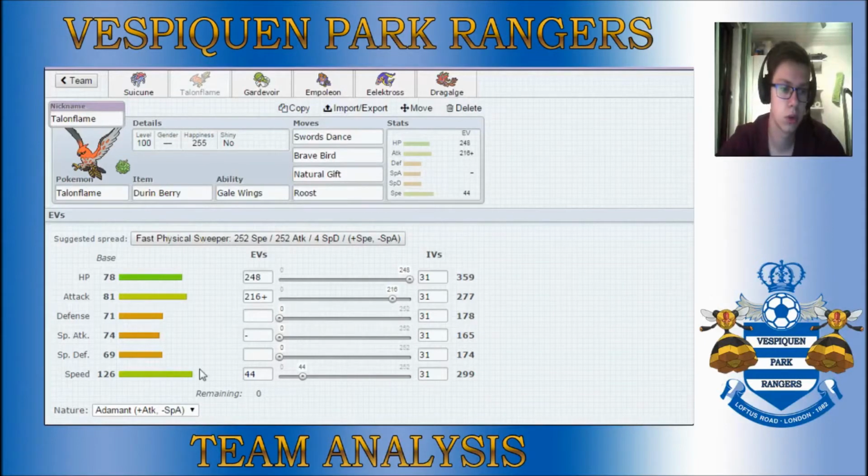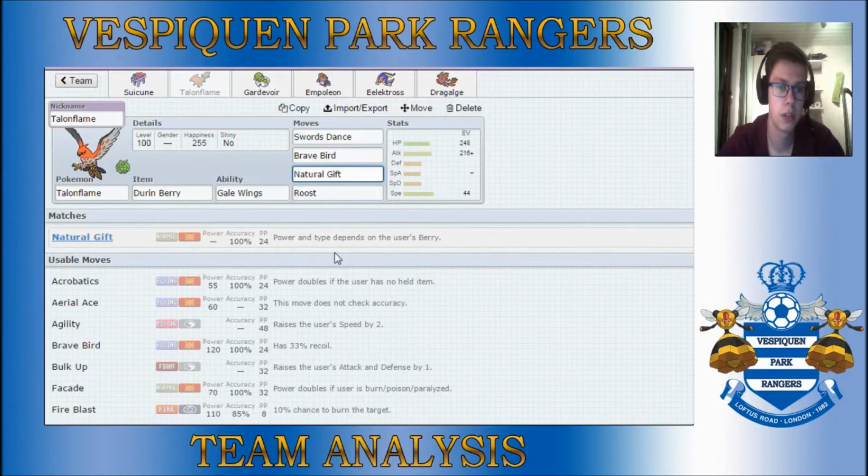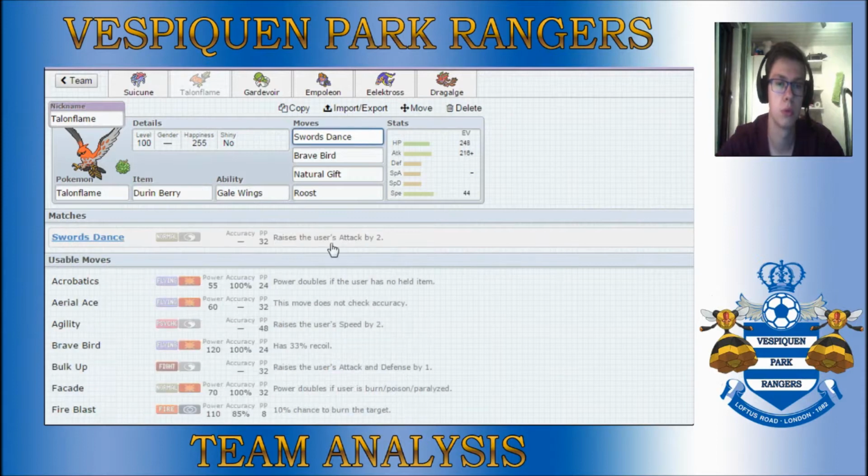This thing is running enough speed to outspeed max speed Rotom Heat, so I could hit it with a Natural Gift. And if you don't know what Natural Gift does, power and type depend on the user's berry, and I'm running a Durin Berry, and Durin Berry actually makes it a water type attack, because the only things that could really stop Talonflame from sweeping were either Arcanine and Rotom Heat. So I needed to get my rocks up, weaken those, and after a Swords Dance, which I could set up on a Mew,